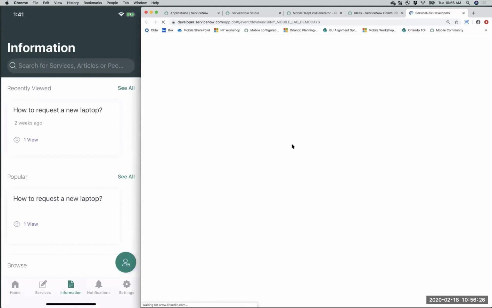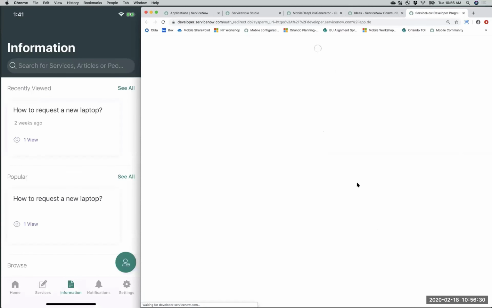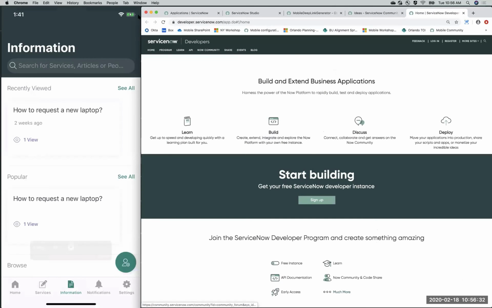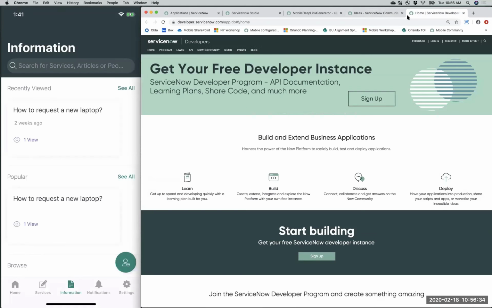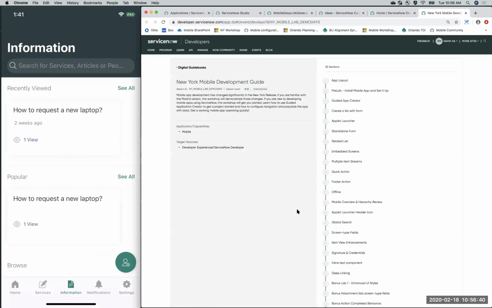If you open up, I think it's under screen type fields. Uh-oh, what happened? Where'd it go? Let's open it again. If you go to screen type fields,